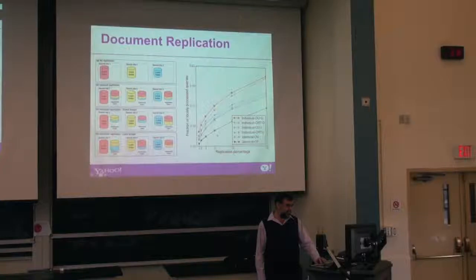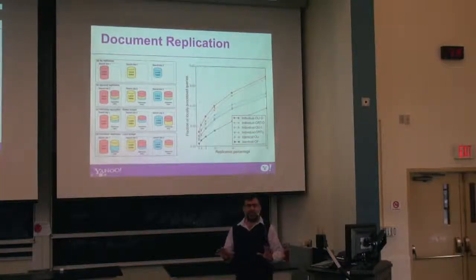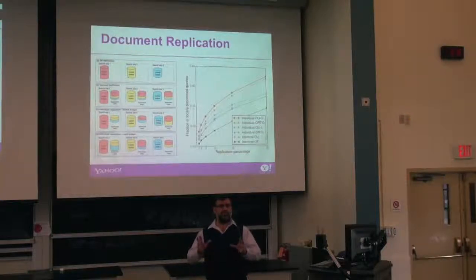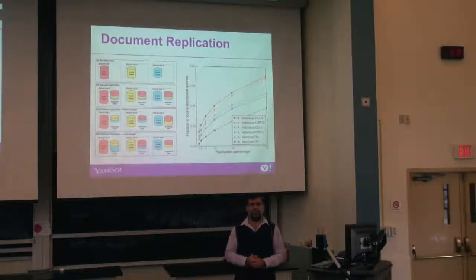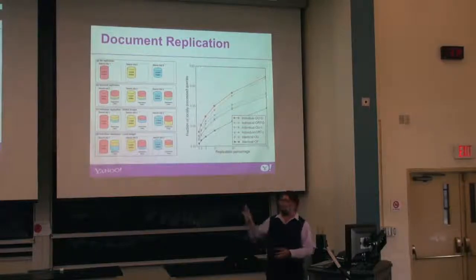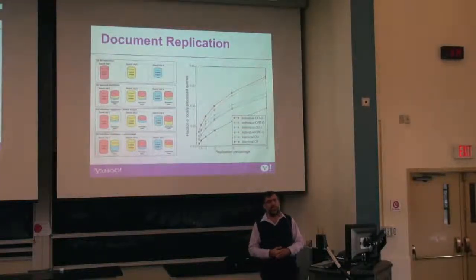get the different curves. So this is the basic one, which is not very good. But if you do the last one, this is the best. You get the red line, and this is the fraction of queries that are local. And this is the replication percentage. This is a log graph here, linear here. So basically with, say, 8% replication, it looks like more than 50% of the queries are local, so you can answer them in that cluster. Okay? So this was the full analysis of replication.